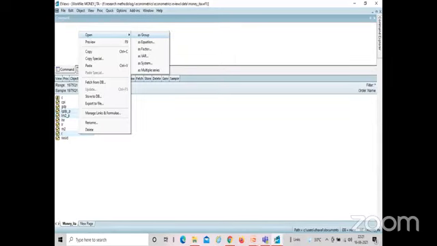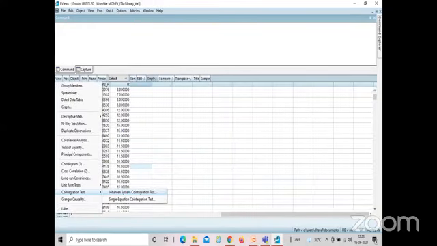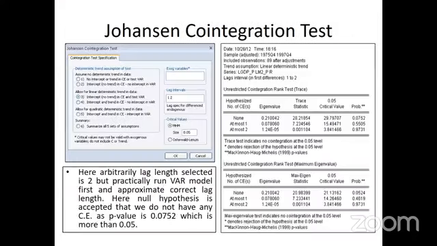Done. Once the lag has been specified, now where should I go? Lag has been specified. We are clear that this many lags are being generated. Now what should we do? Any hint? Now we will run the co-integration test and check whether co-integration is present or not. So view, co-integration test, Johansen system co-integration test, and we will say 2 lags. I'll be considering that. Okay.